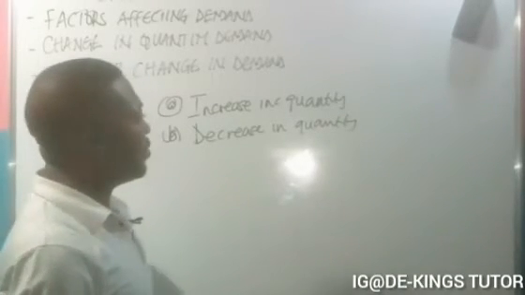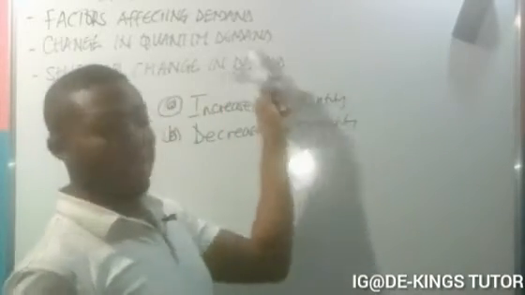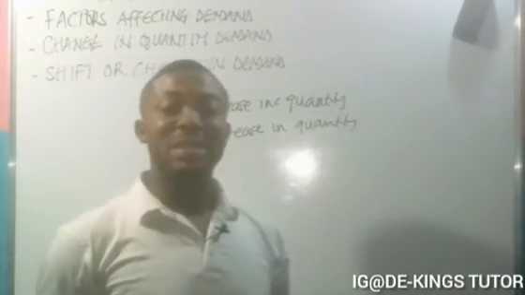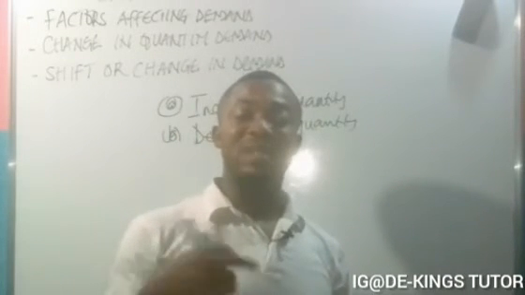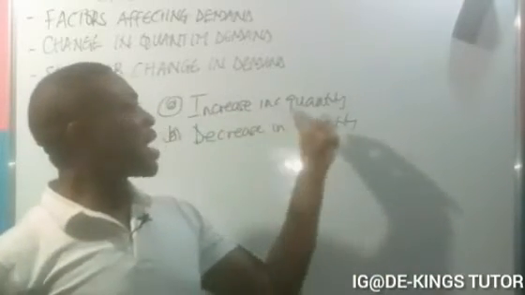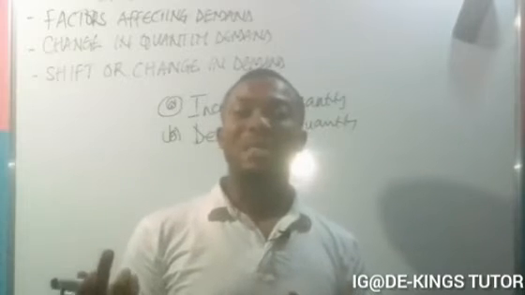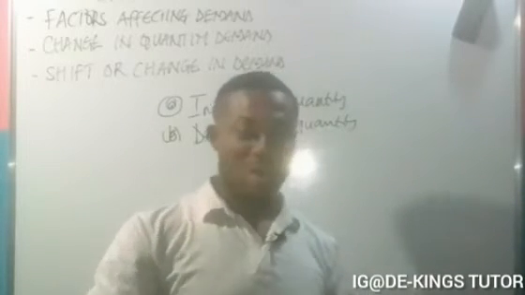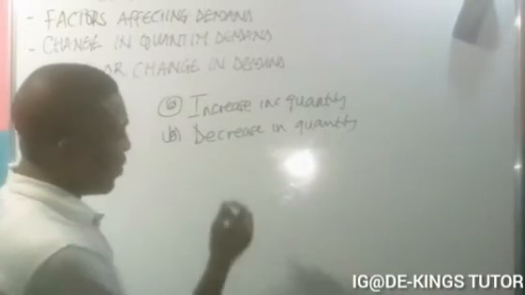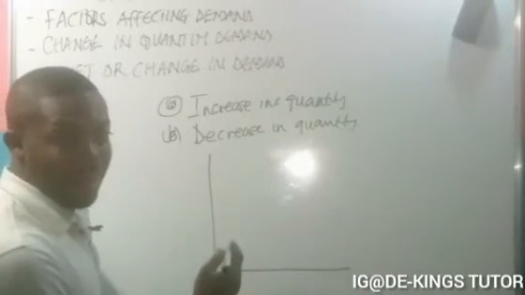Now when there is an increase in the quantity demanded, it means that there has been a decrease in the price. Because a consumer can only increase their quantity, in terms of the law of demand, when the price has gone down. Okay, so if we represent it on a graph,